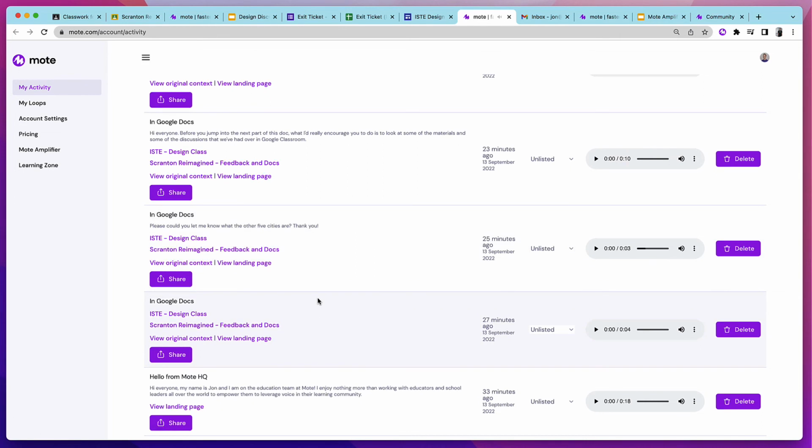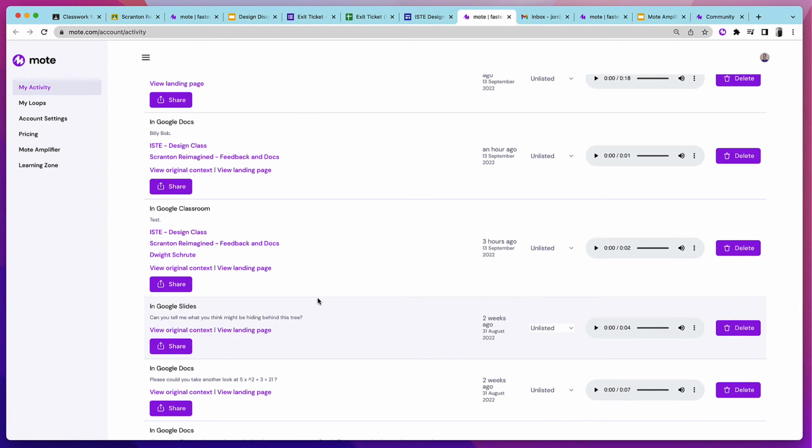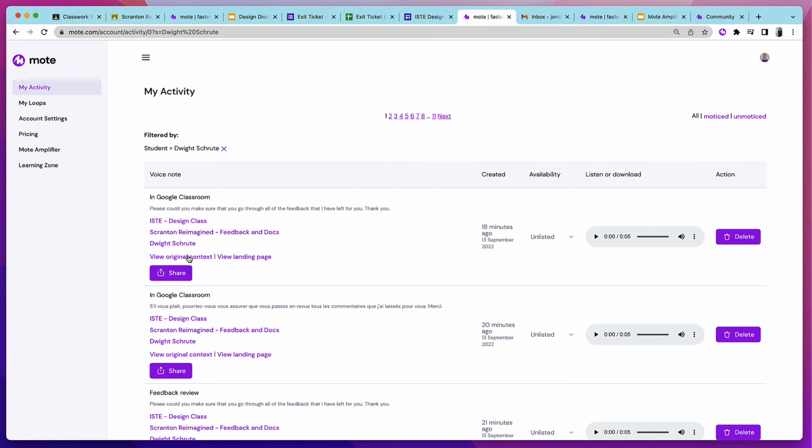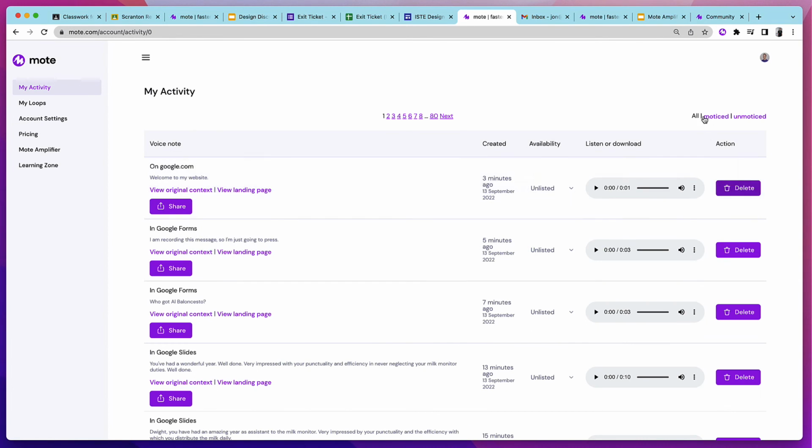But what I'm also able to do, if I find one that was left for a particular student, in this case Dwight, I can click on his name and then I can see all of the voice notes that I've left for Dwight. And if Dwight was more than just a demo student, sadly Dwight isn't in my class, I would also get icons to indicate if the voice notes had been listened to or not. I'm just going to jump back to the main view,